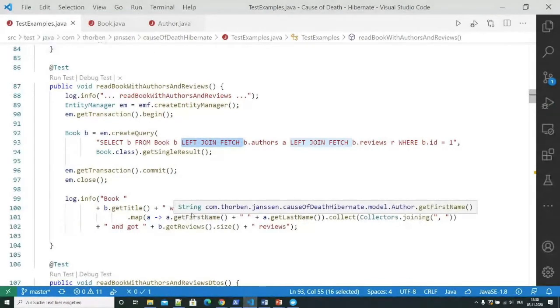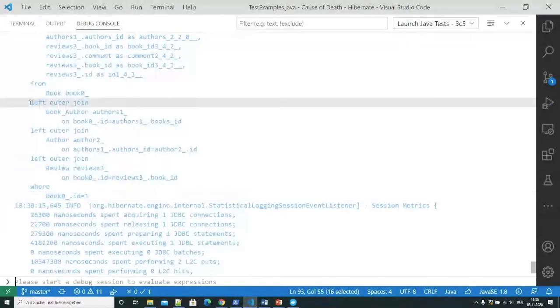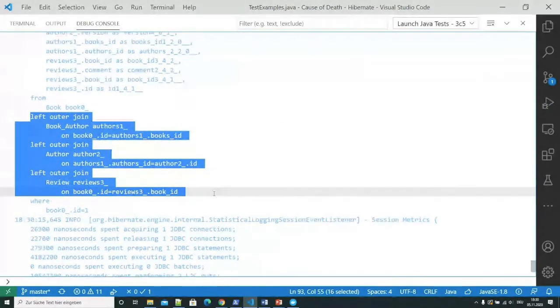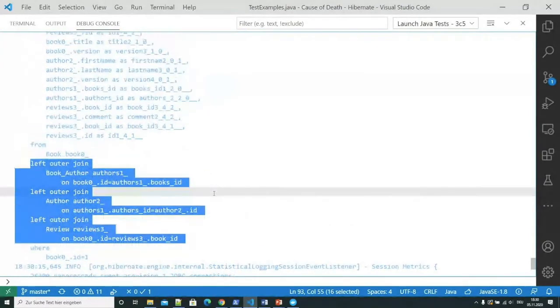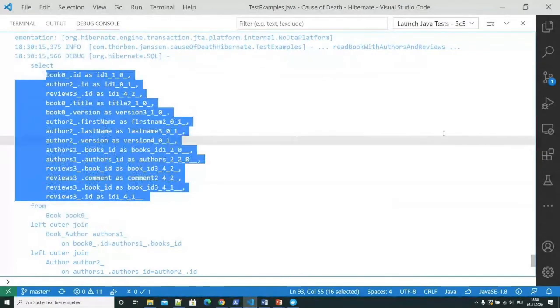We now see test case passed, and we see here that we now have multiple left outer join clauses and a significantly bigger select clause that now fetch the book with all the author information, with all the review information within one query.